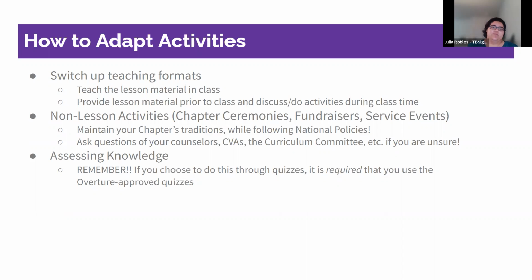So switching up teaching formats is one of the things that kind of gets hard and lost in translation, especially with certain activities that can tend to be very explicitly directed in one direction. But following the lesson material in class, understanding what that's trying to teach and seeing how you can possibly adapt that activity in order to better convey what that lesson is trying to teach to your MCs helps you better get across to them. Providing lesson material prior to class and this